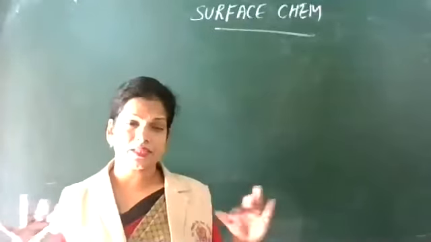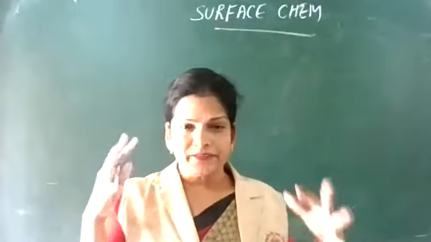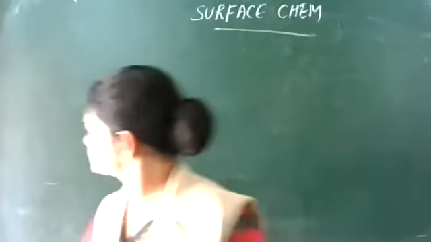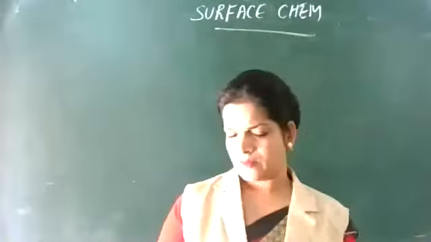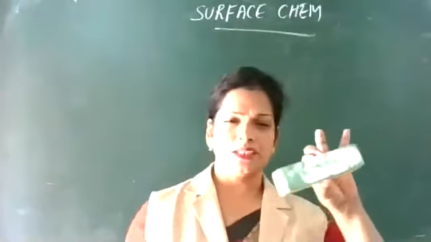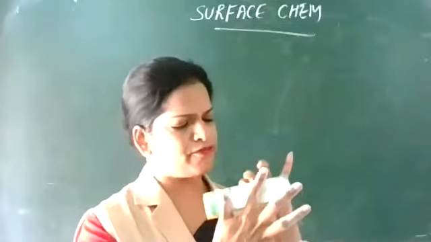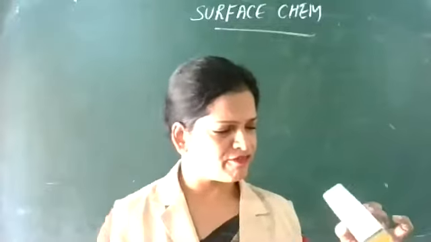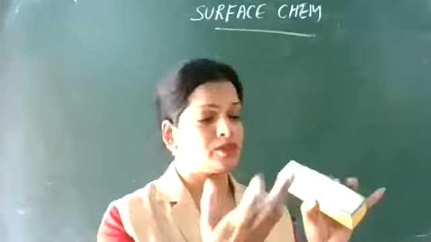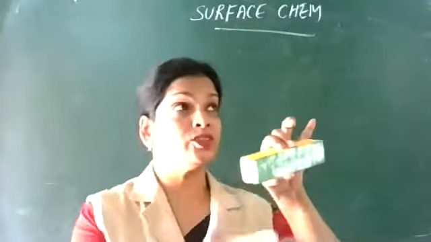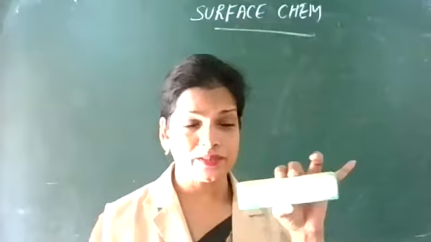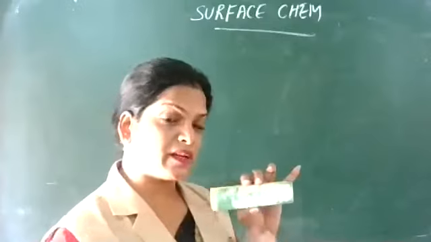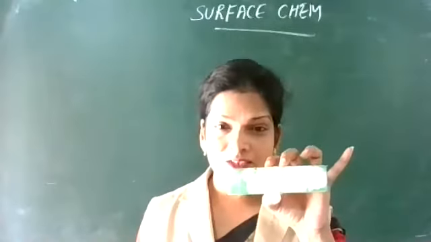In this chapter, we'll be dealing with surfaces. What are the phenomena taking place on the surface? You see, on this duster there is a rough surface. This green patch is very rough. It absorbs a lot of chalk powder. This is a porous surface. The surface is very rough, so it is absorbing this chalk powder.